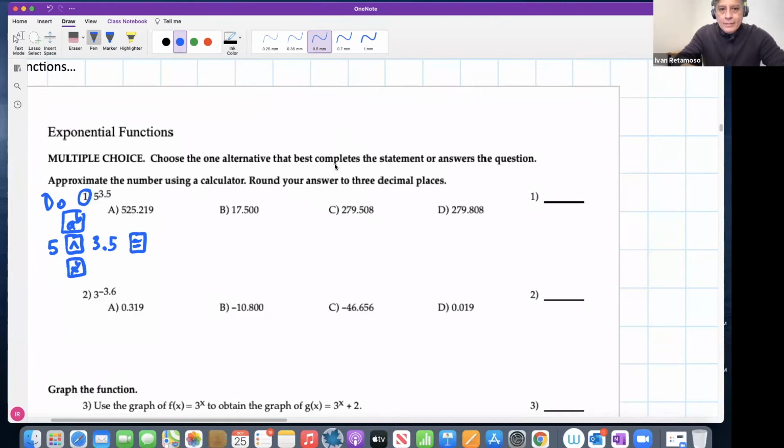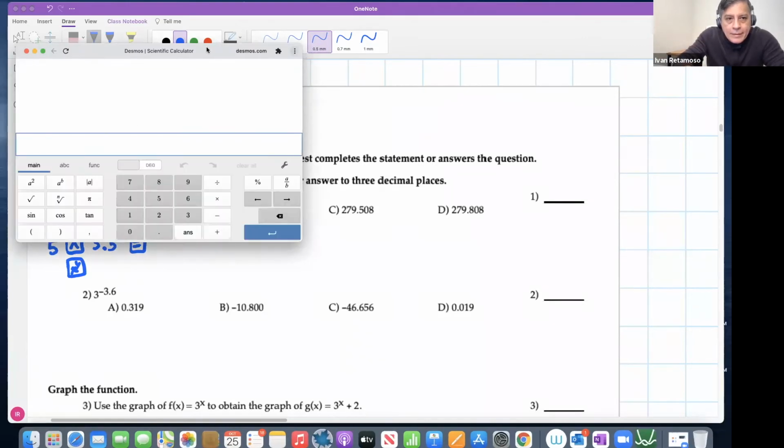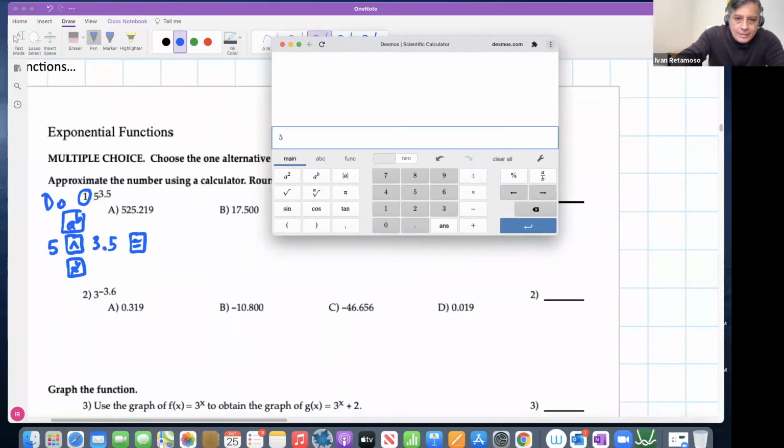I see some activity in the chat. Anna, yeah, very good. Excellent, Anna. You got it. Yeah, very good. When you do this, you get this. I will show you. 5 raised to, I'm using this, 3.5, simply